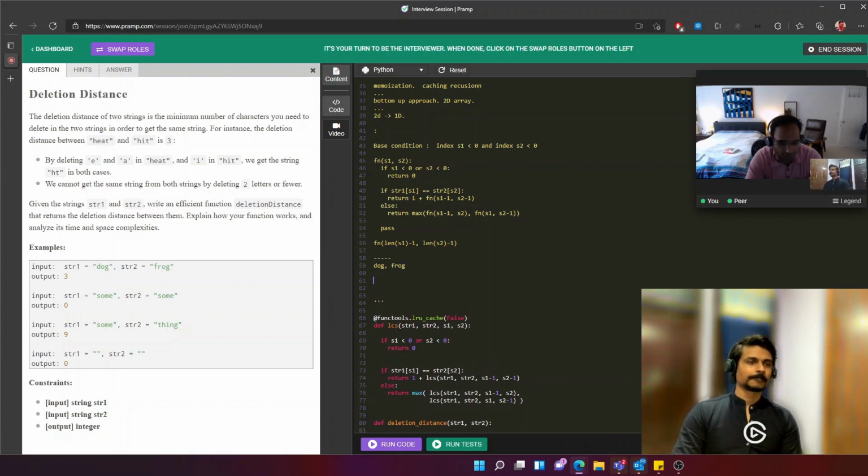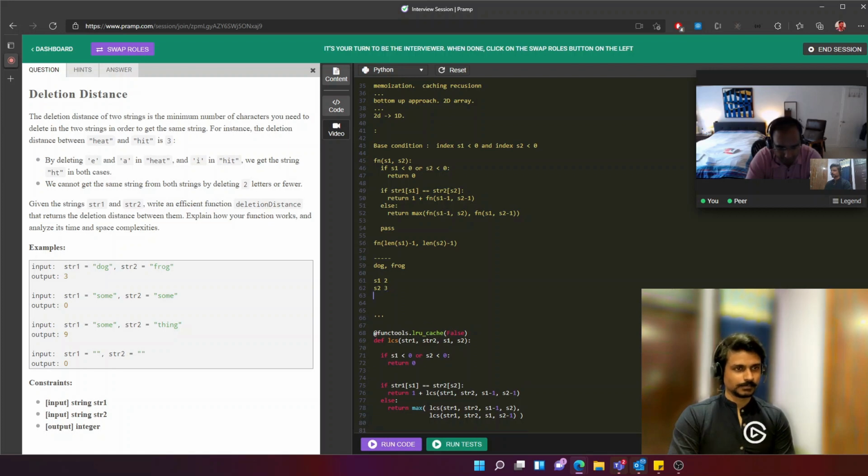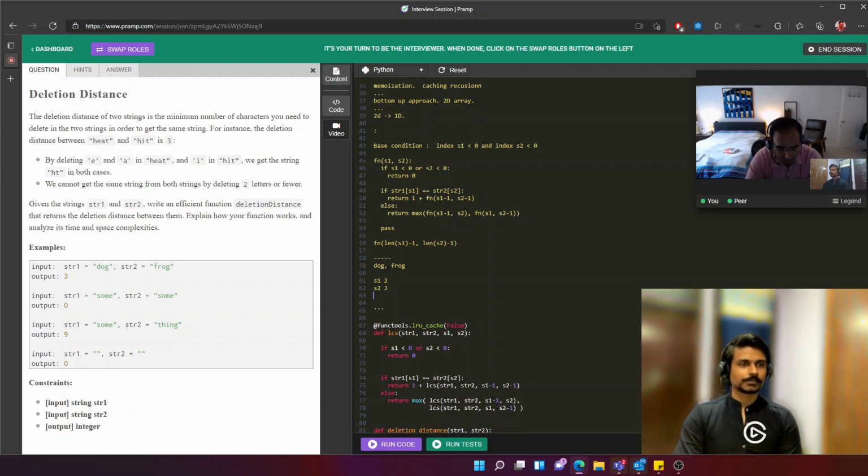So first case, I send in S1 and S2, which will be 3 and 4. And then they're not less than 0. So G and G match, right? So I would, at line 74 or at line 75, I would,